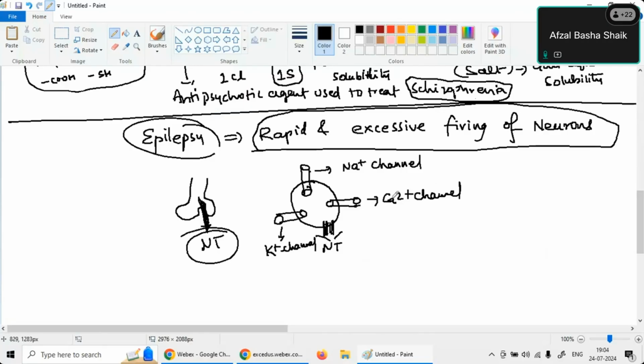Yes? So whenever the sodium channel is active, it will stimulate the calcium channel, right? The stimulated calcium channel, there is increase in,